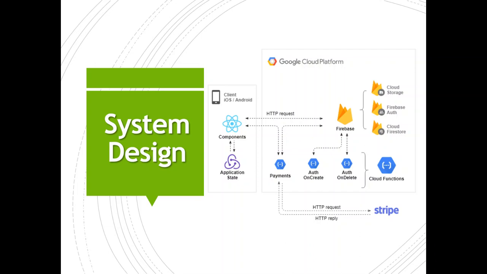Finally, there are other functions as well that are on Google Cloud, which is authentication on create and on delete, which help us maintain our backend of the database to keep it clean. So when a user creates an account, it first makes sure that all the information between all the parts is the same, so it's consistent. And also on the delete, it frees all the resources on the database.